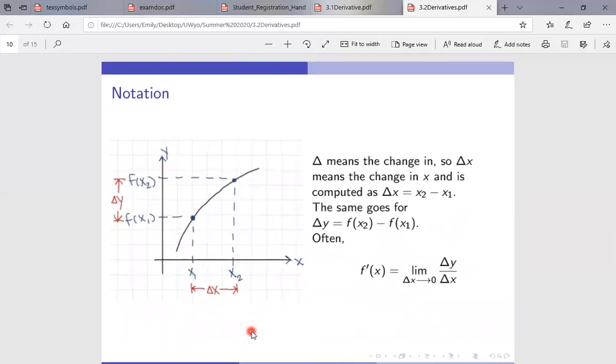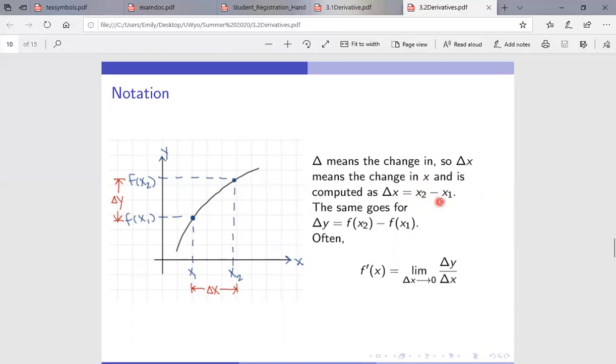So now let's talk about notation. I mentioned earlier that we're kind of just going all around and talking about a bunch of different things. So we've talked about a difference between h and x minus a and x plus a and all that good stuff. But if I've got a point x1 and a point x2, the difference between those, or the change in them, is delta x. And this is going to be the capital Greek letter delta. So delta means the change in. So delta x means the change in x, and is computed as delta x equals